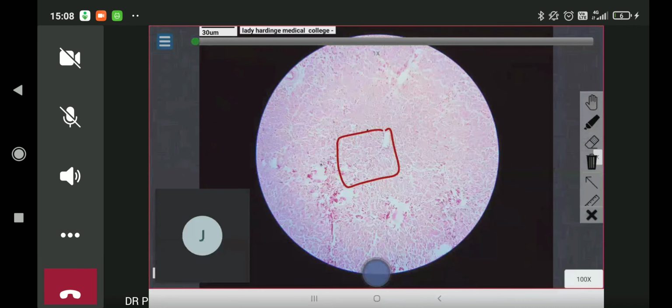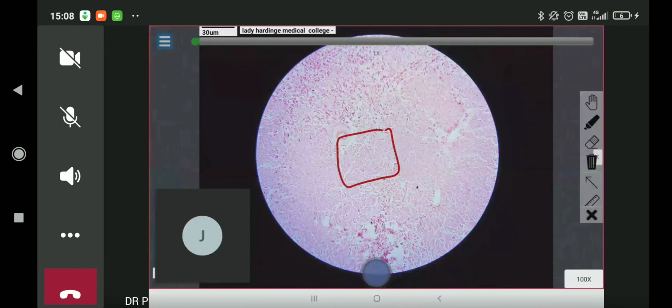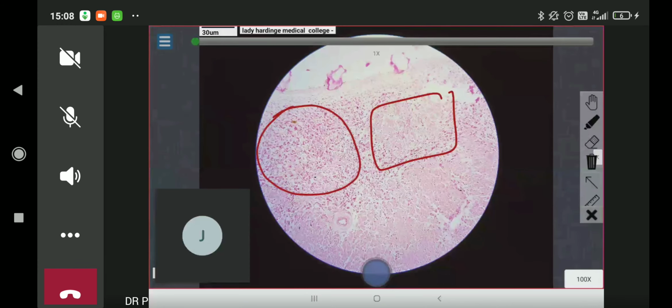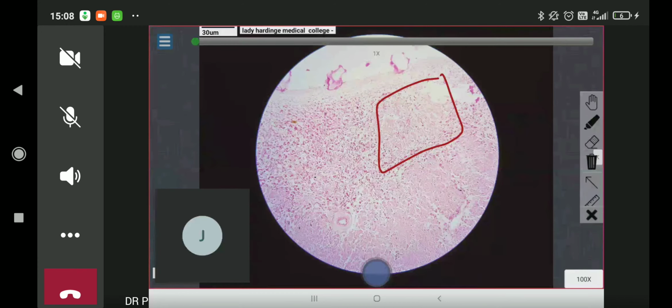Okay, so you can see that this is a pale area and this is a darker staining area. These are the hepatocytes, and this pale pink material here is all presence of amyloid. You can compare the left and the right. The area outside the box are the normal hepatocytes, whereas the area inside the box is showing presence of amyloid. Even here there is presence of amyloid. These are all pale staining areas, whereas all of this is normal.